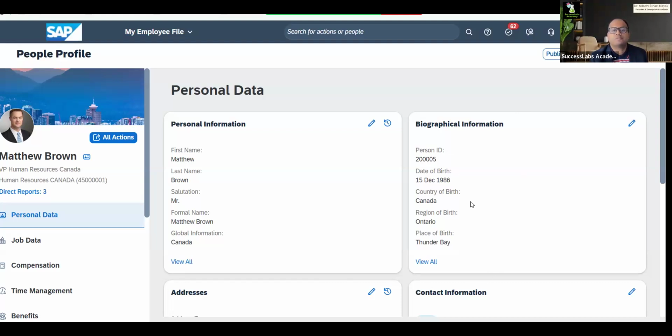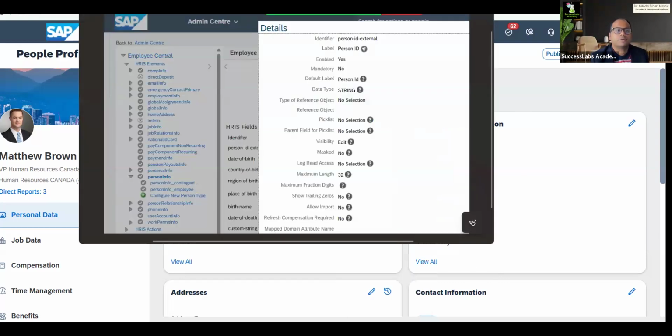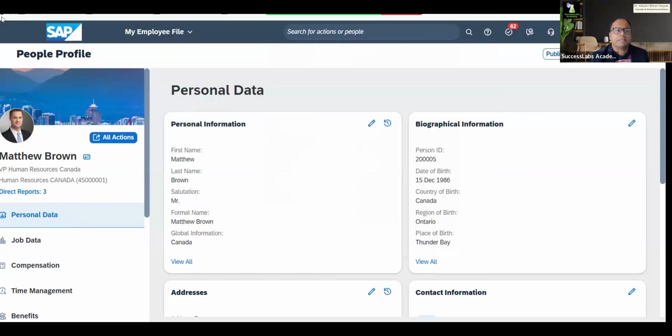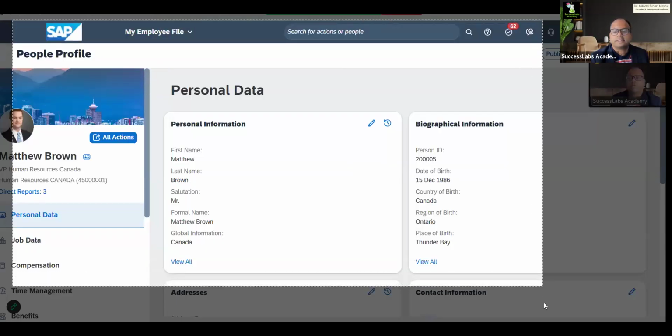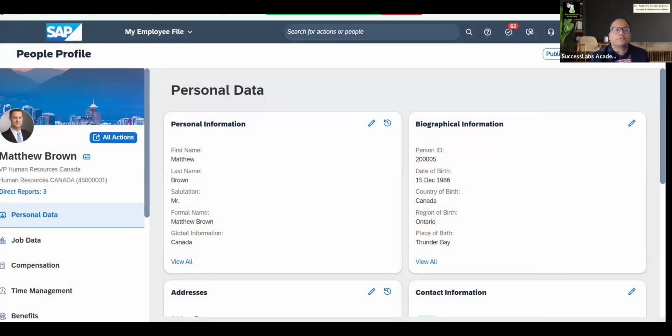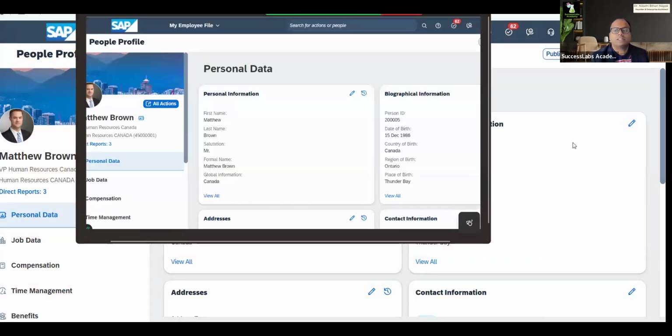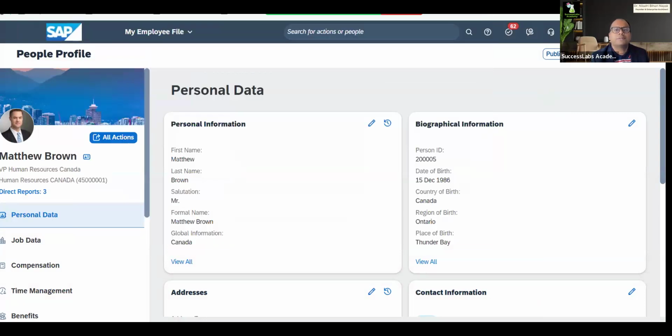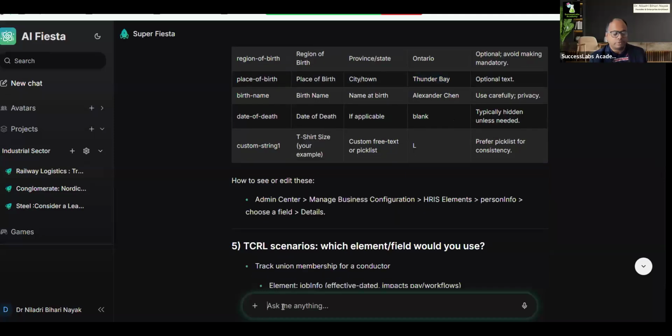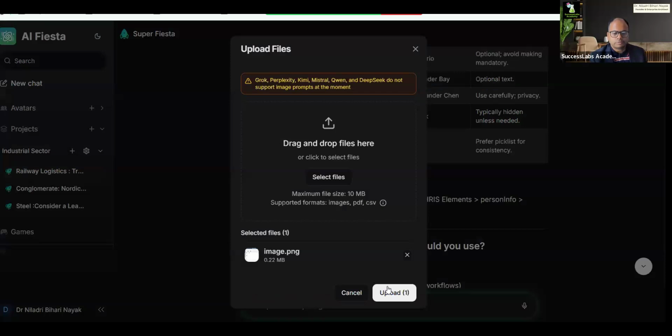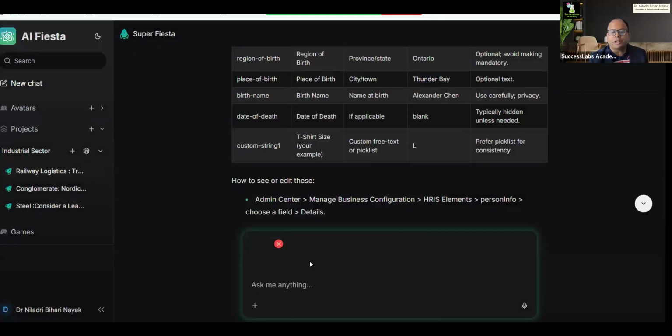You will also come across a term called portlet. So here I will ask the AI to identify the portlets. Let's say this is my question to the AI: somebody asked you which are the portlets in SuccessFactors. Going forward, your certification examination is going to be practical. For that reason, we are not spending more time on theory, rather we are learning by doing. So I will upload this image and ask